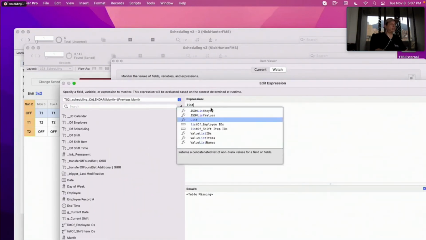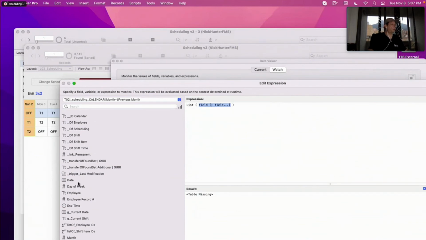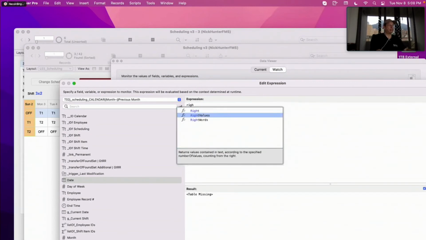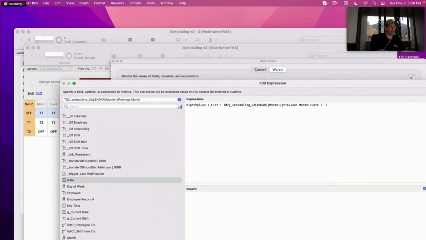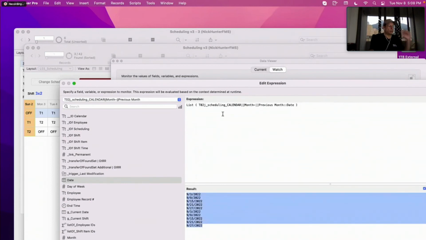So if I do lists like this and I want the dates, so forget about it. I generated the records twice, so that's why I'm going to clean up for tomorrow. So what I want right now, the latest one, okay, I want the right values of this, and I want the first, but not the last one, right? Because I have right values. All of those, this is possible because I'm using values, right? Without values,